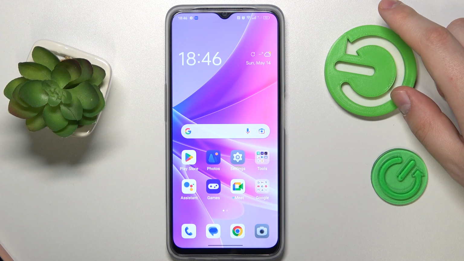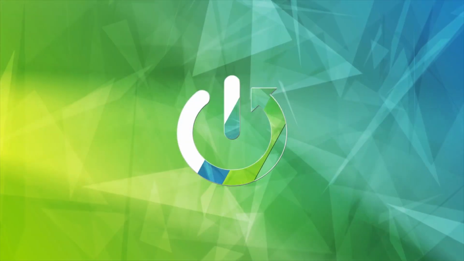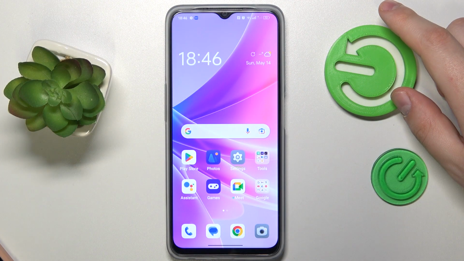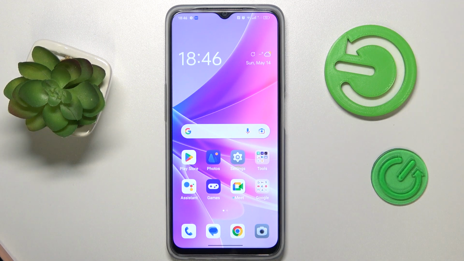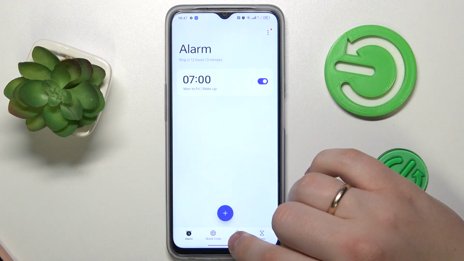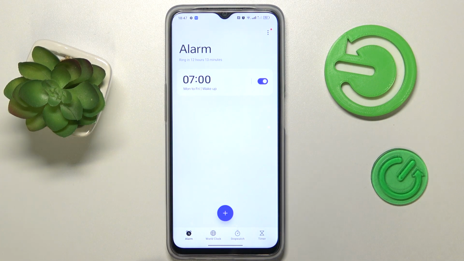Today I would like to show how you can change the alarm ringtone in Oppo. So in order to modify the alarm sound on the Oppo smartphone, you will need to first open the alarm page. Then over here, unfortunately you will not be able to change the alarm tone for all the alarms,